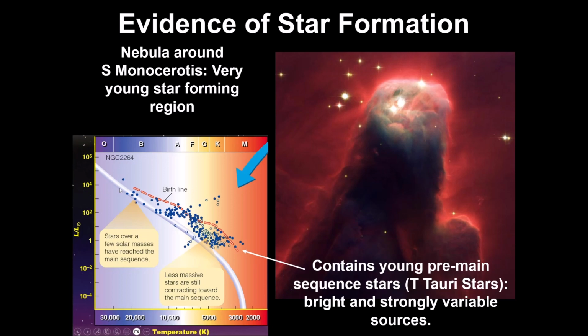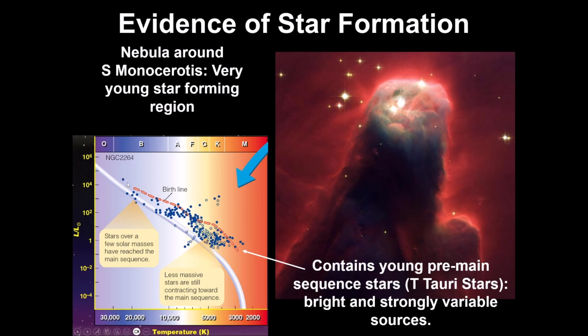You also notice, where are the O stars? The O stars, they're not here. Did they not form? Well, they probably did form, and they're dead. O stars do this fast. An O star goes through this process in maybe 100,000 years. And then the life of an O star is maybe 1 million, maybe 2 million. So you don't see any O stars here, and you might say, well, guess we didn't form any O stars here. No, they formed, and they're already dead. They're already gone. Wild stuff.